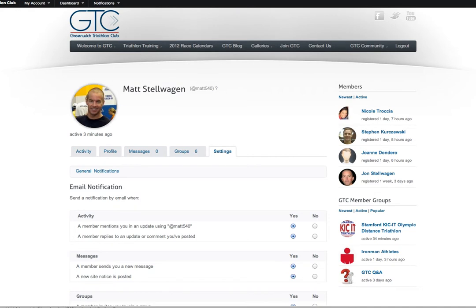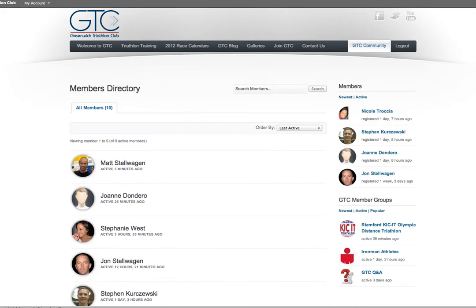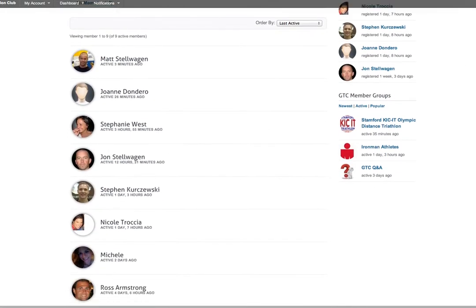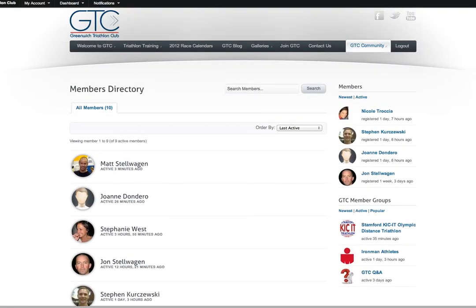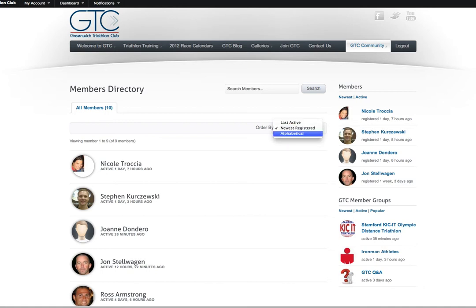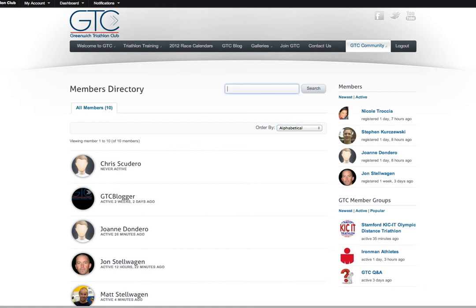So now that your profile is kind of squared away here, we can look at our members section. Again, I can look up top here underneath the community. I can look at all the members here, and I can scroll through and see, by clicking here, our newest registered members. So I know that the last member that joined was Nicole. I can look at them alphabetically. Obviously as we get new members and they build up,